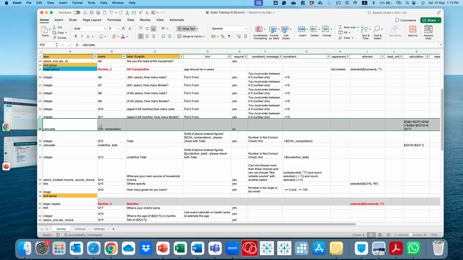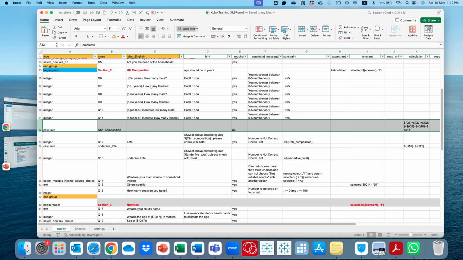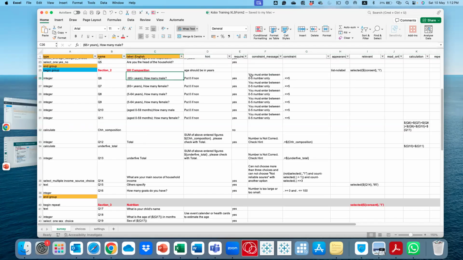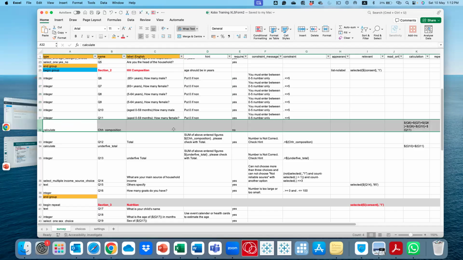You're asking the number of household members of different age groups. This is very important, because sometimes if you want to do other analysis later, you want to break it down into different age groups. But at the end, you want to validate that this actual number is the number of household members present, or the number the respondent knows they are, just to check.